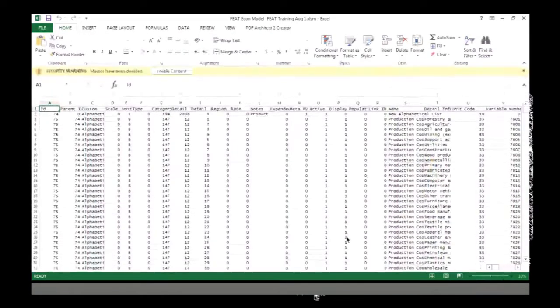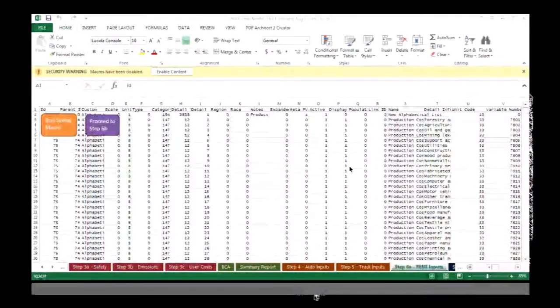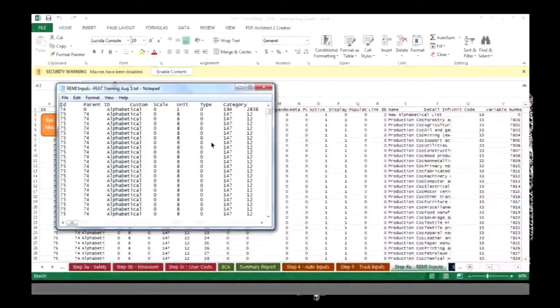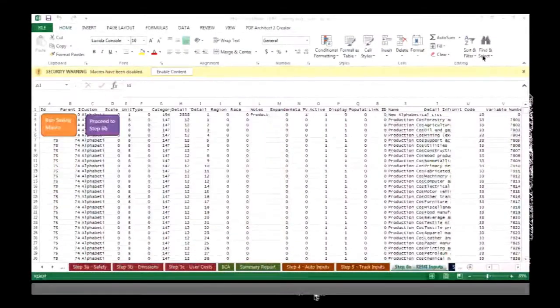While that's opening, we'll also go ahead and open up your REMI input file. It's just going to be a text file, and it's going to look like this. Okay. So your next step then would be to go to your economic model, and I do have a